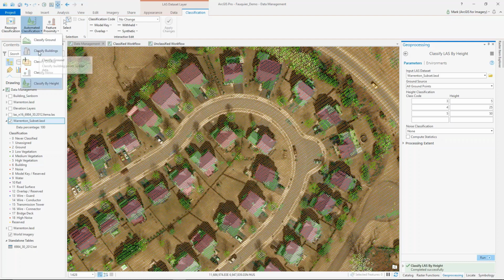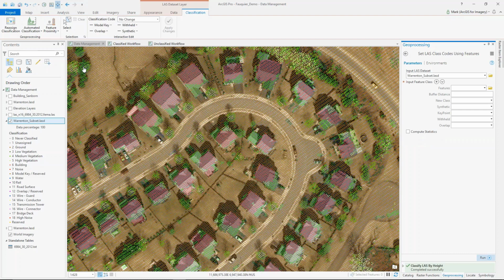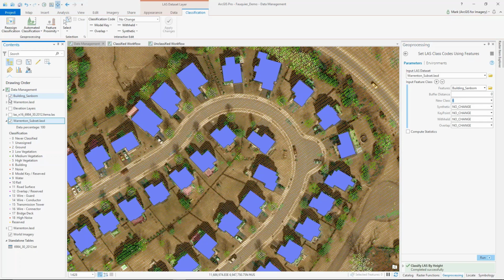And then often a lot of our customers actually have existing feature classes. So for example, many of our customers already have building footprints that they may have generated. You can actually use an existing feature class as well to classify the points themselves. So what I'm doing here is ingesting a building footprint layer that was done by an aerial provider, in this case Sanborn, and then I'm using that as an input into classifying the points. So now when I hit that run button,